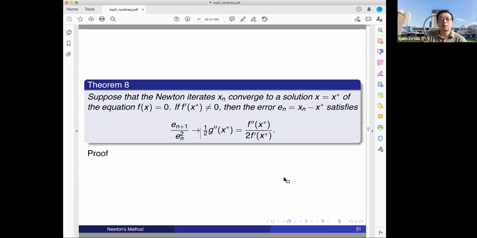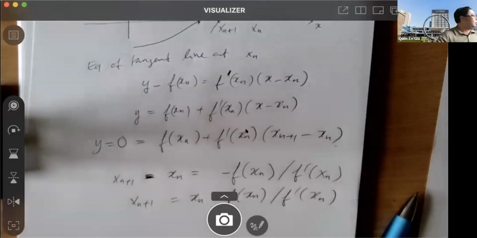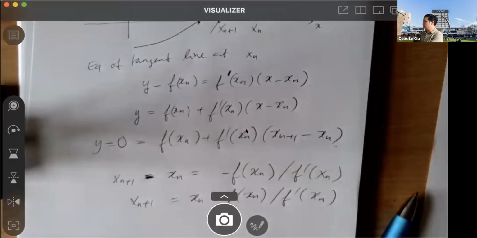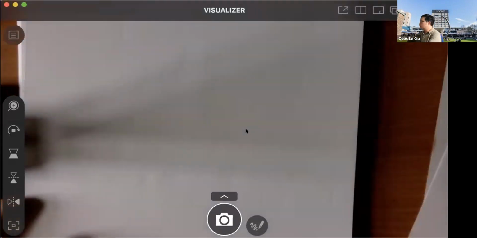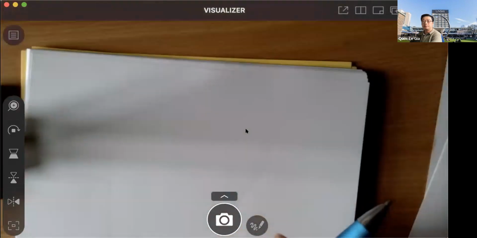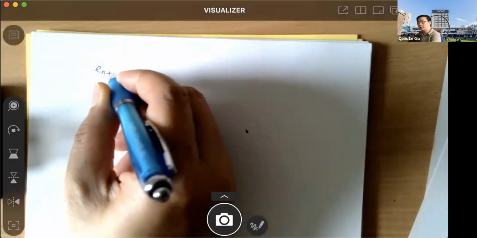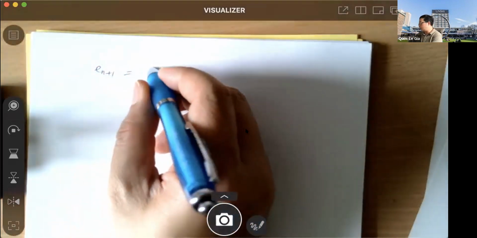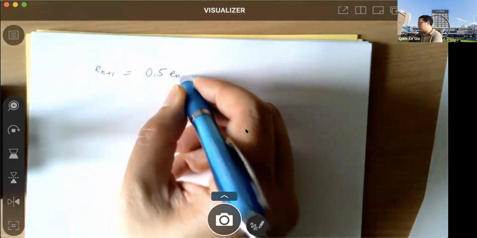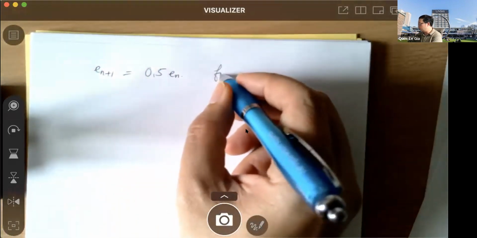Maybe we do some example. So before we prove the theory, let's do some simple numerical example. So suppose I have a table like this. So maybe e_{n+1} equals, say, 0.5 e_n. Okay, so this is fixed point